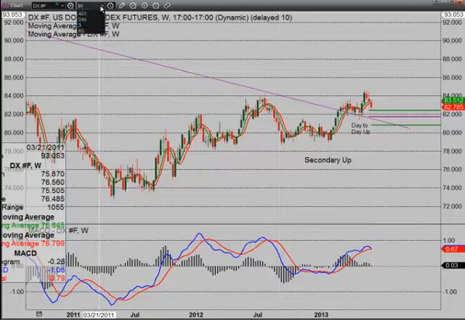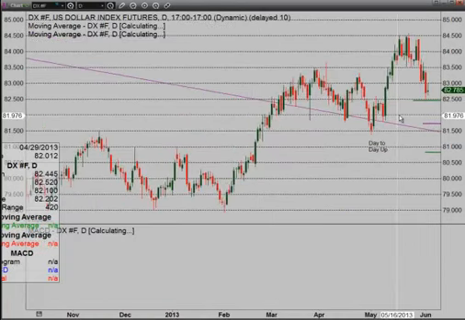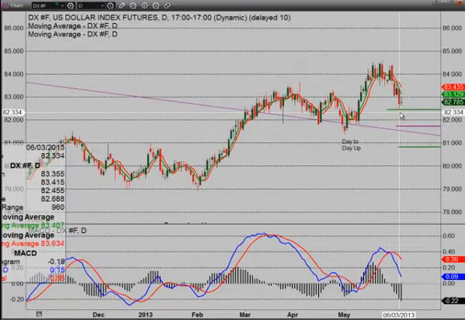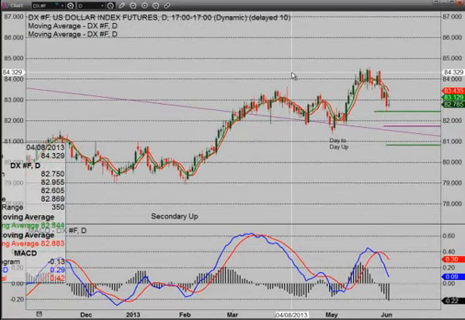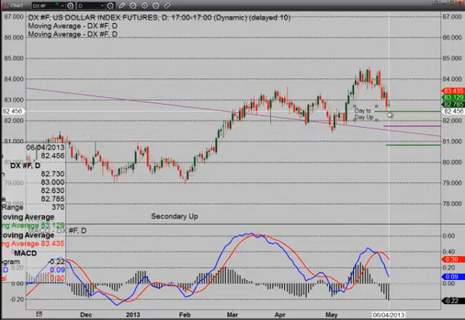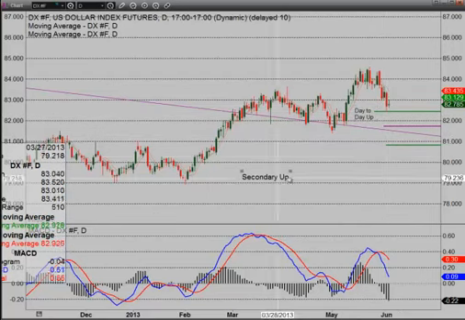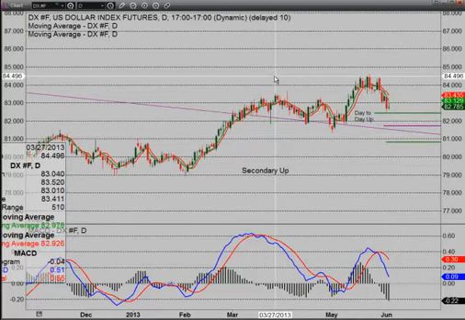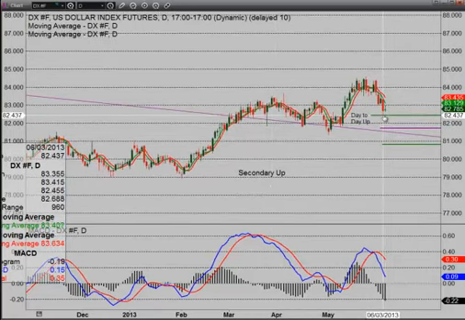Here, let me go to the daily, and you can see that. So you're balancing up on that 82.5 level. That could be a big level. Didn't get much of a bounce off it yet, but as a dollar bull, my day-to-day is up still. Basically, as long as it holds that green line, that RTT level there, the day-to-day pattern's up. I'm steeling myself for a potential test of that secondary zone right there. So we'll have to see. I'm still a bull.